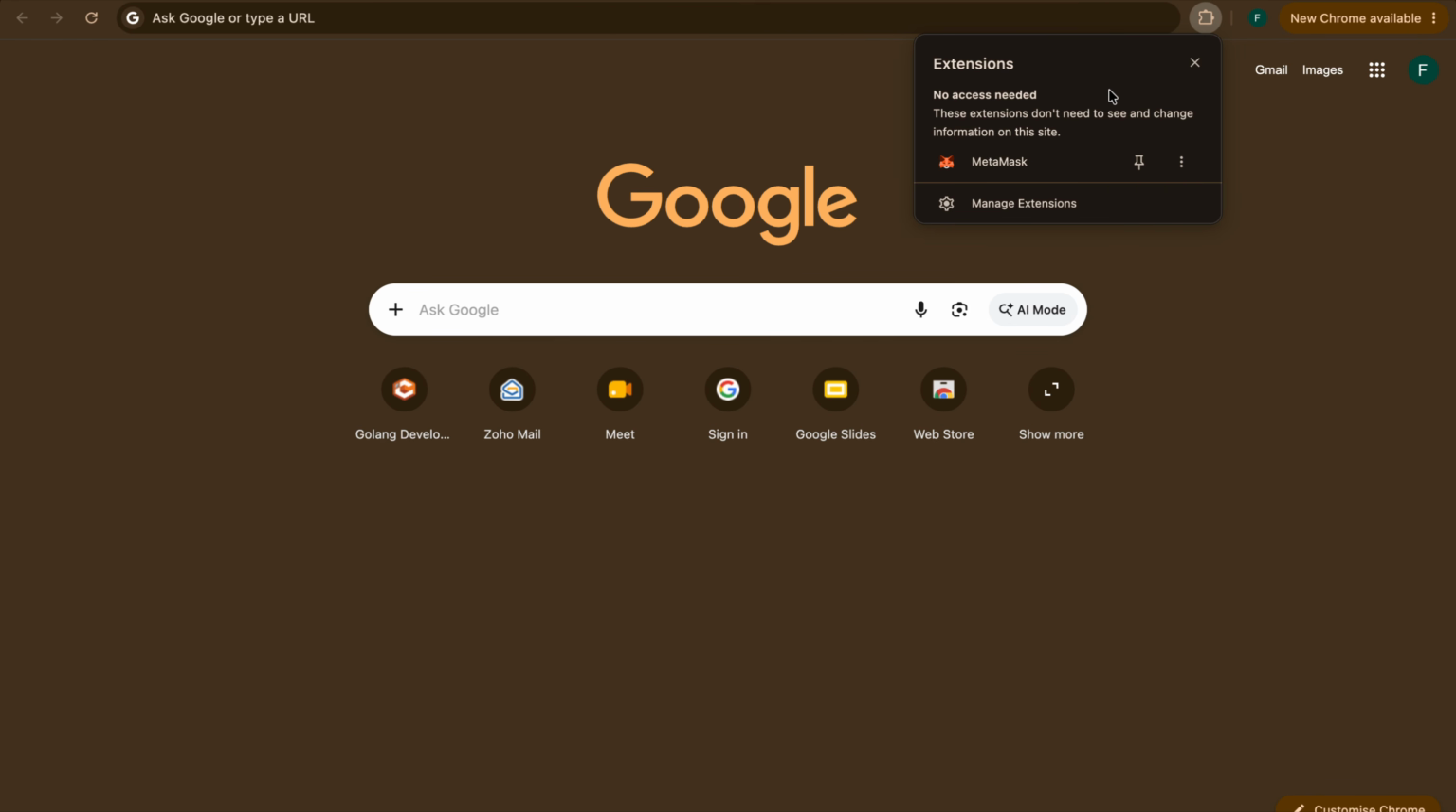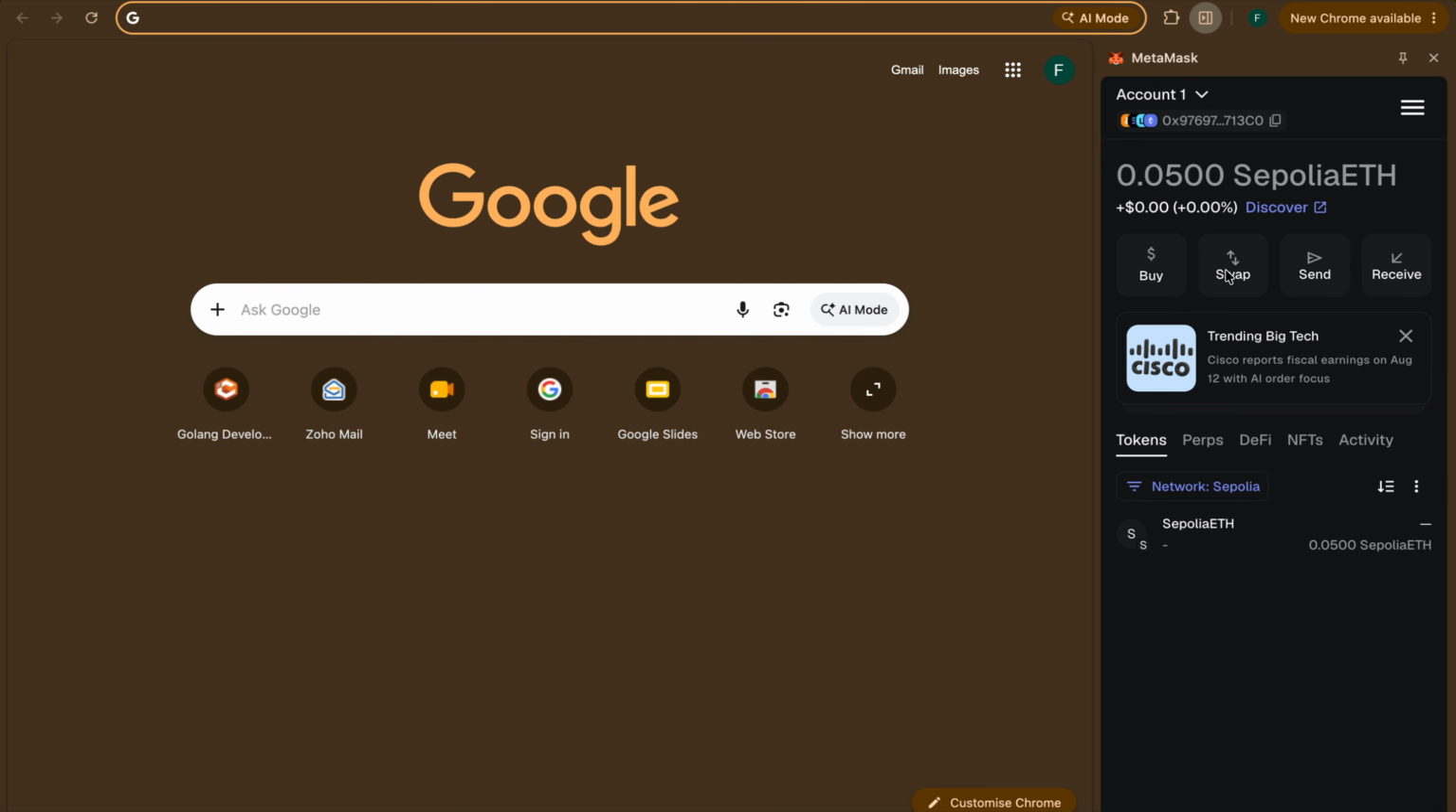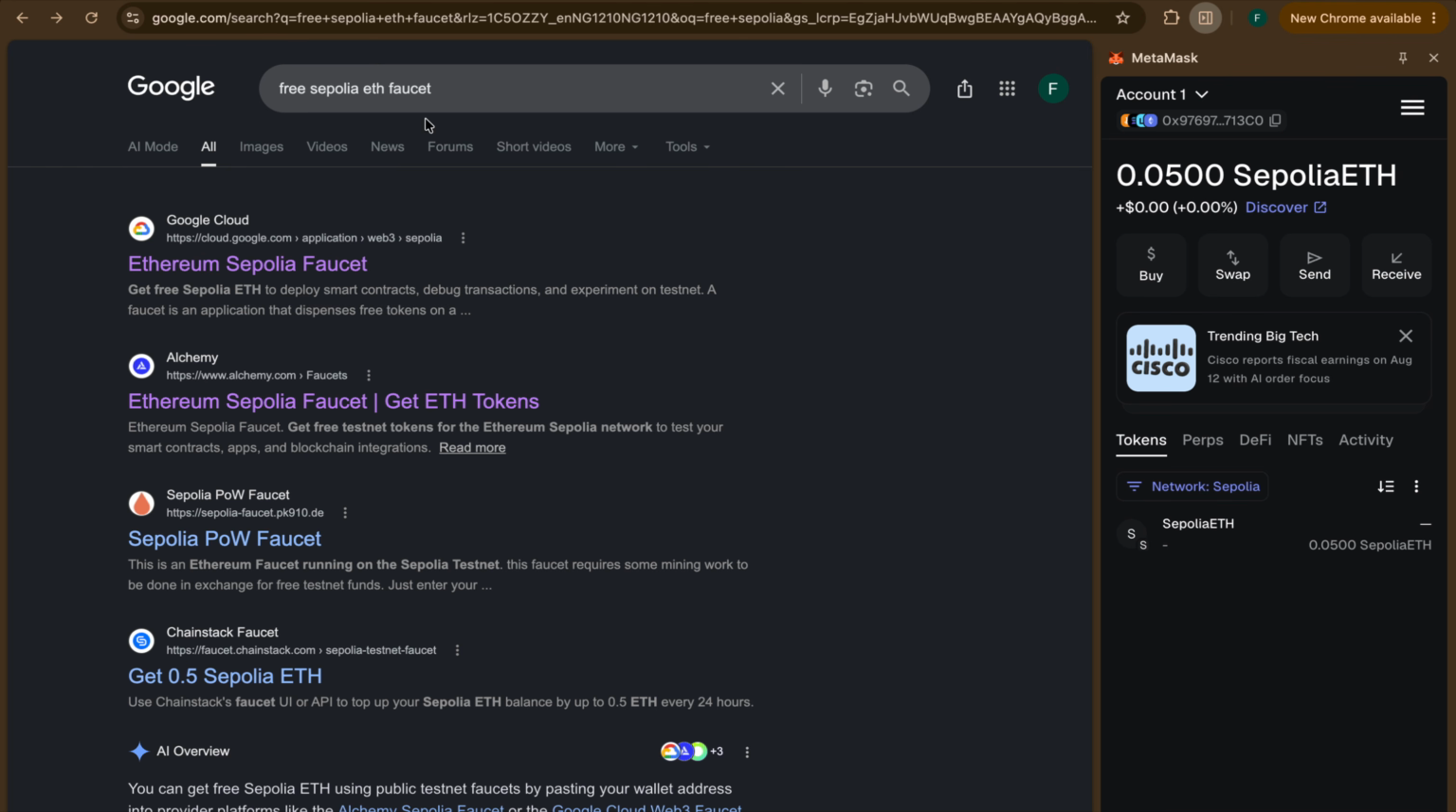Let's see this wallet, right? Let's open MetaMask. So I already have 0.05 Sepolia, but like I said, Sepolia is a testnet, so you can easily get Sepolia ETH from a testnet faucet. If you just Google free Sepolia ETH faucet, you should get